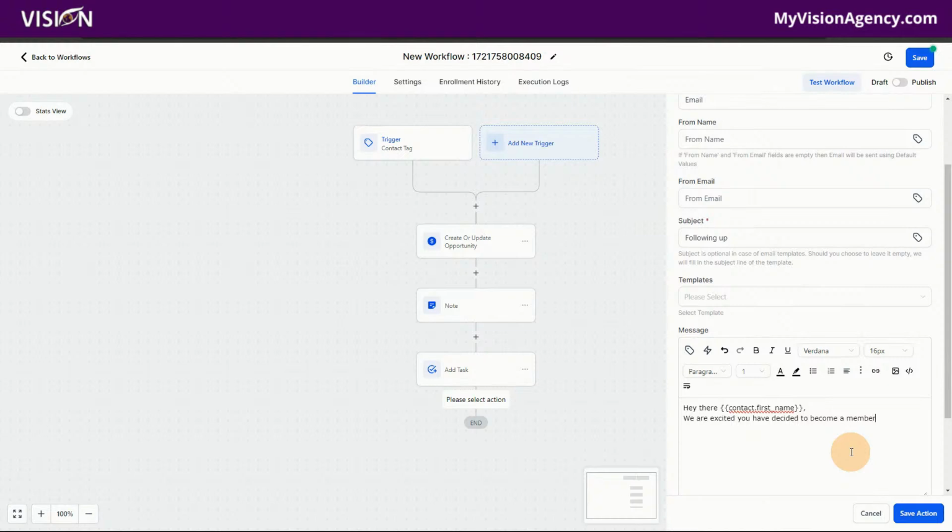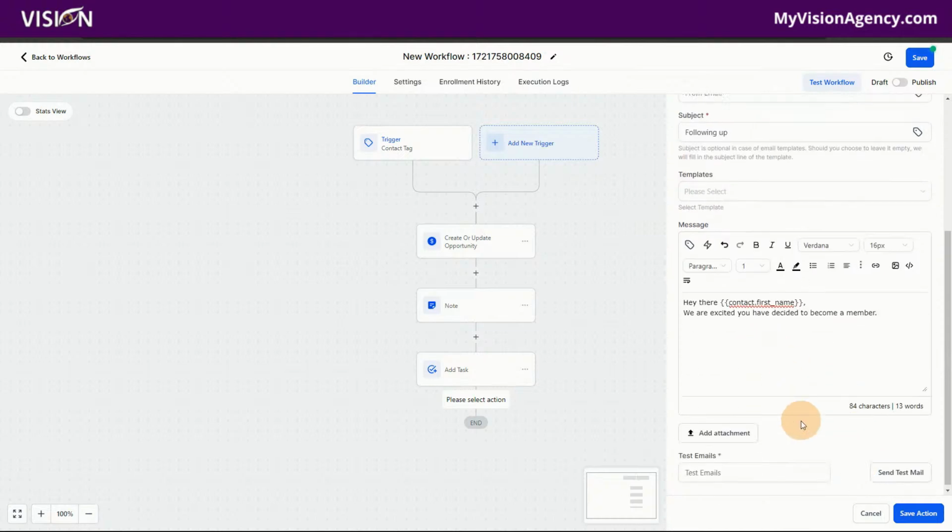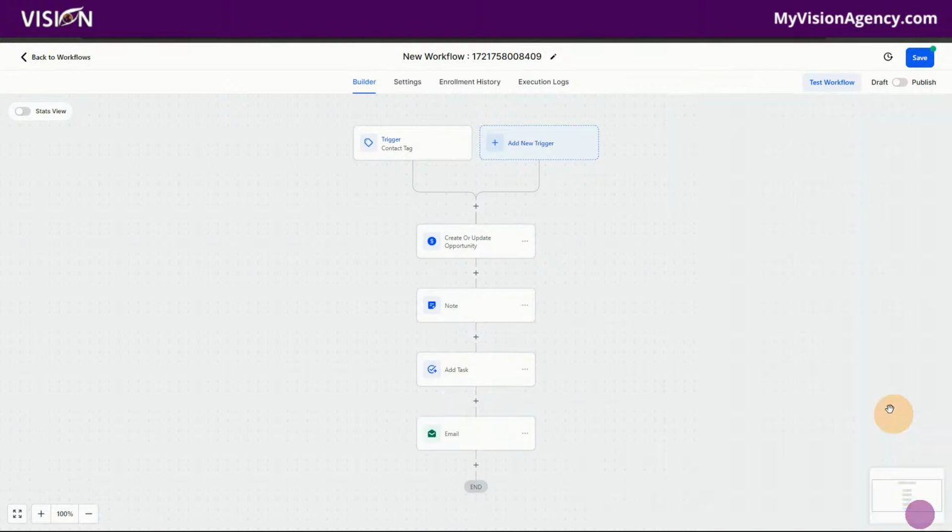Okay. And whatever we want to say there. Okay. So let's go ahead and let's save. All right, so now you can see just by adding that member tag, what we've done is updated the opportunity